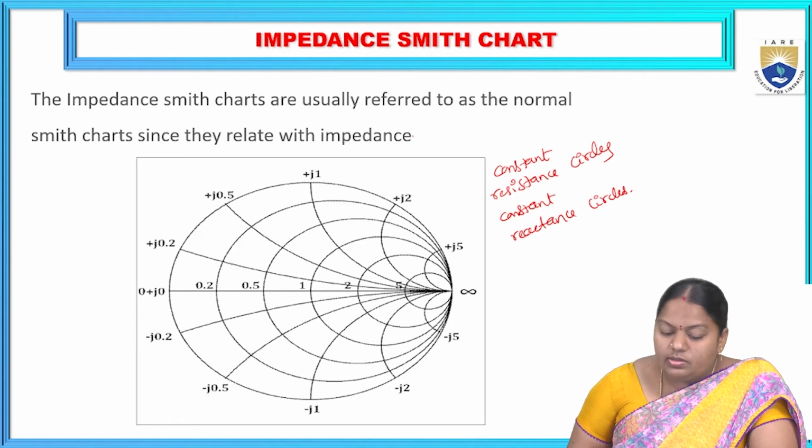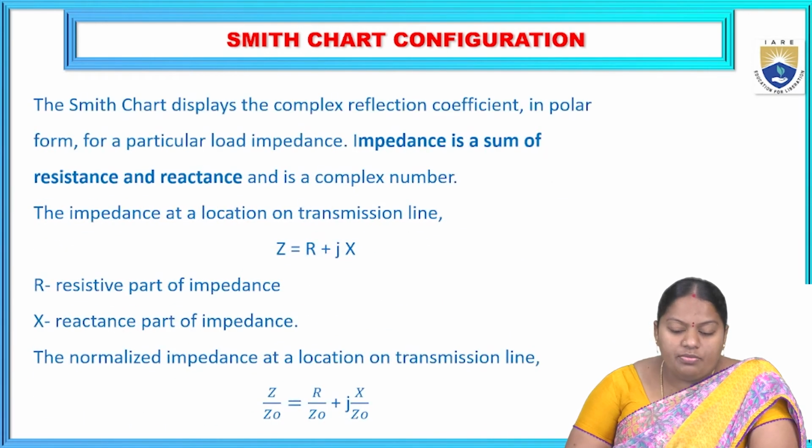Right? So to draw this Smith chart, first in order to configure it, we are going to use a polar plot consisting of resistance circles as well as reactance circles. Firstly we are going to derive the mathematical equations for how we are going to draw the constant resistance circles and the constant reactance circles. From this we'll be drawing the Smith chart. So first, configuration of this Smith chart: how are we going to configure it? Then based upon that, the finalized form of the Smith chart is to be considered for the impedance as well as reflection coefficient